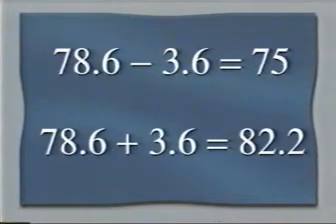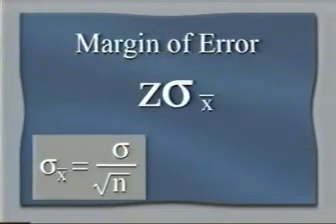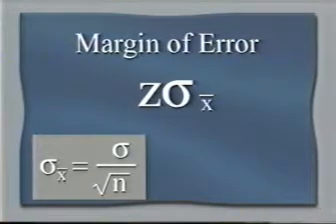Going back to the original formula, the margin of error is Z times sigma X bar, and sigma X bar is sigma over the square root of N. We can see that once again, to control the margin of error, we can either change the level of confidence, and if we make it less confident, that is a 90% confidence interval, we'd have a narrower interval. But most likely what we're going to do is increase the sample size, which would reduce the margin of error to the level we'd like.